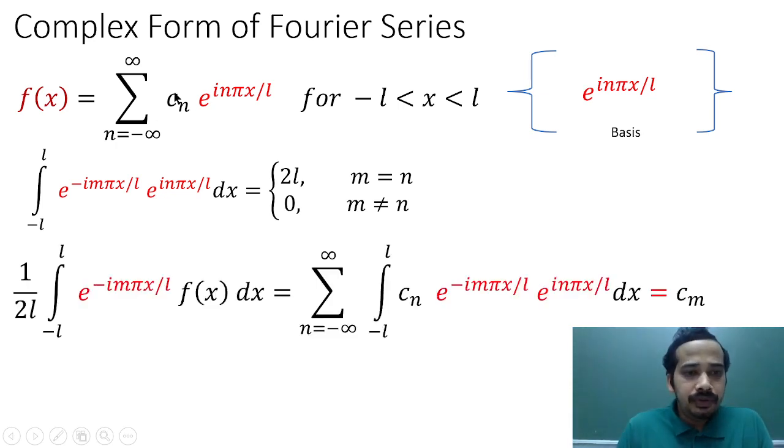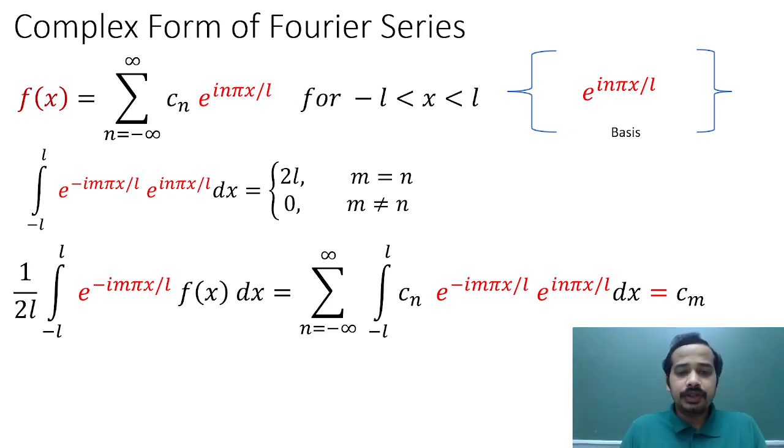And again, if you need the coefficient of expansion, you have to proceed with the same thing, but the only difference is you have to multiply by the complex conjugate of our basis, e to the power minus i m pi x by L, if our basis is e to the power i n pi x by L. So you have to integrate from minus L to plus L. This is a kind of dot product again, and we will get Cm outside. Again, you have to work out this integral in this mathematical step.